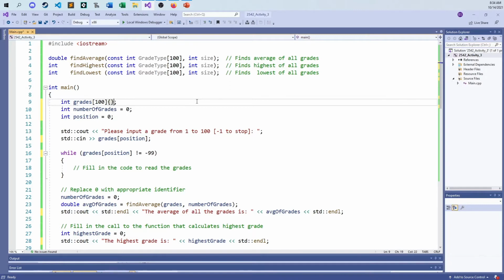But if you wanted everything initialized to 0, put the little curly braces there, and it just tells the compiler to add zeros. The number of grades, of course, is going to be 0 because at the moment there are no grades. Actually, I'm going to move this down here, and then